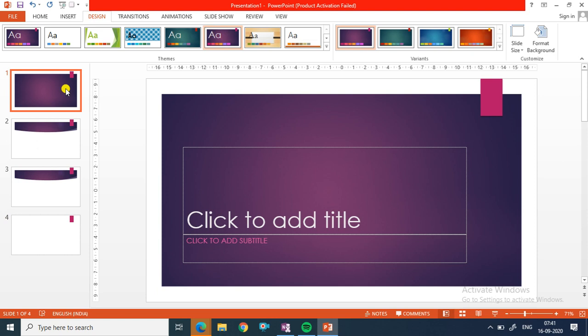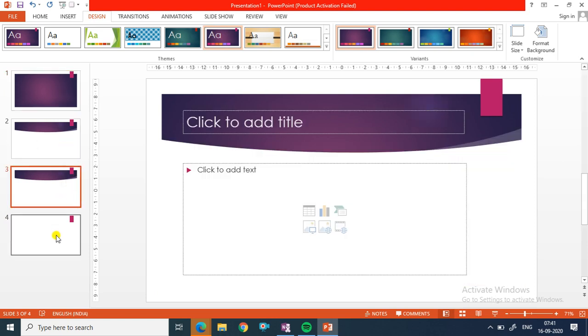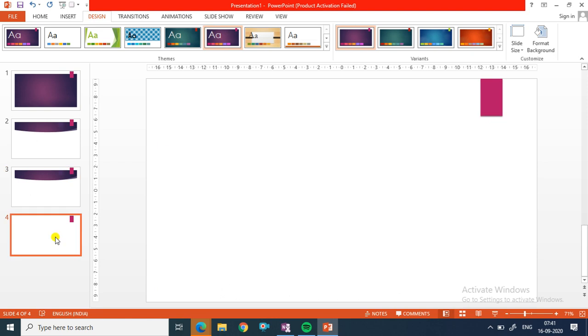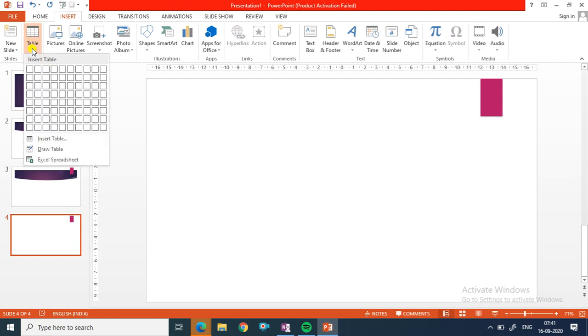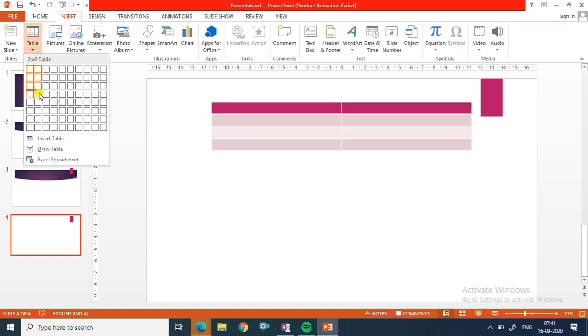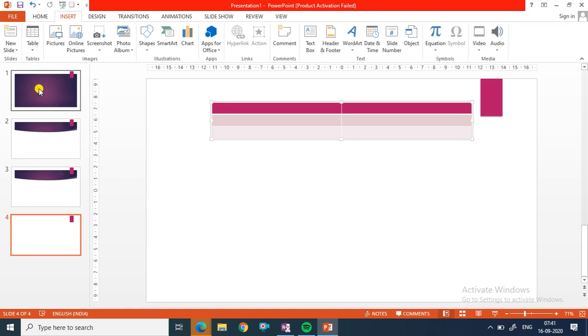Now here I will show you how to insert the table. For that, click on insert, click on insert group, okay, and select. Fine.